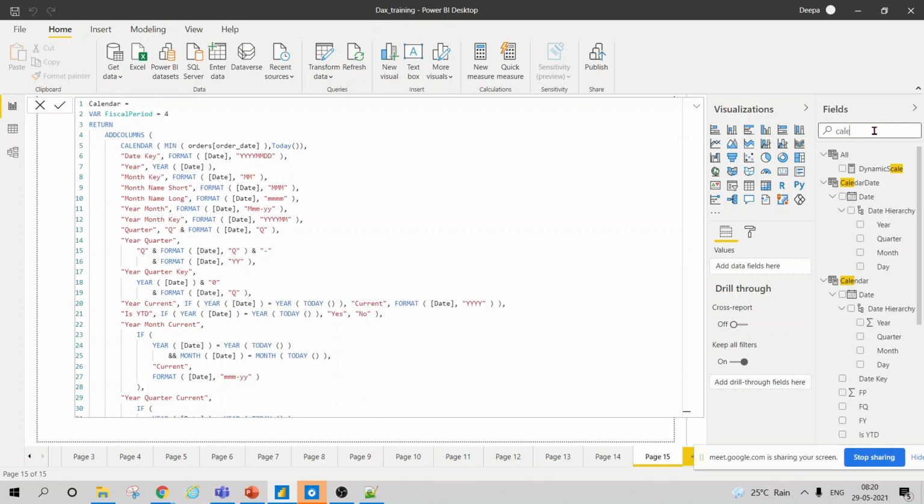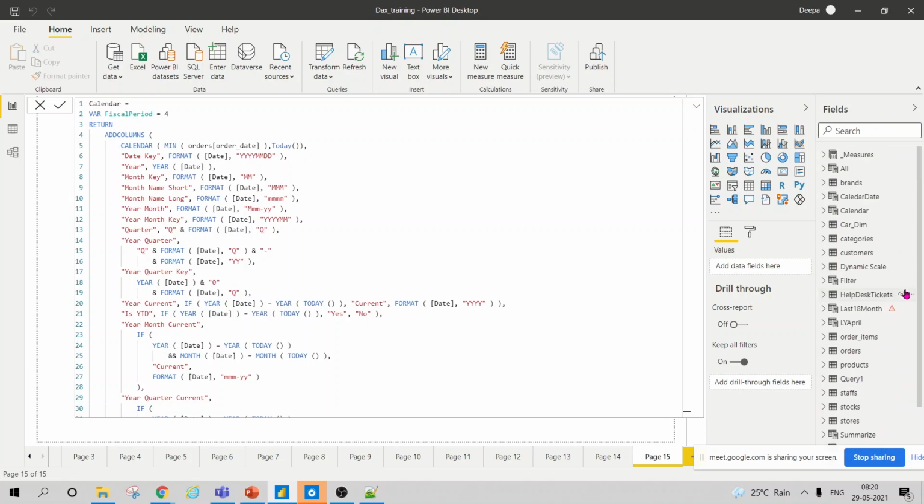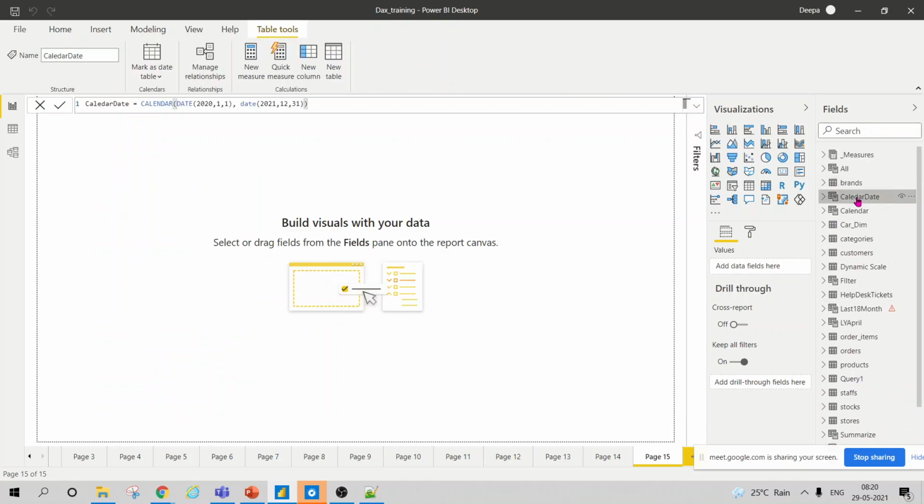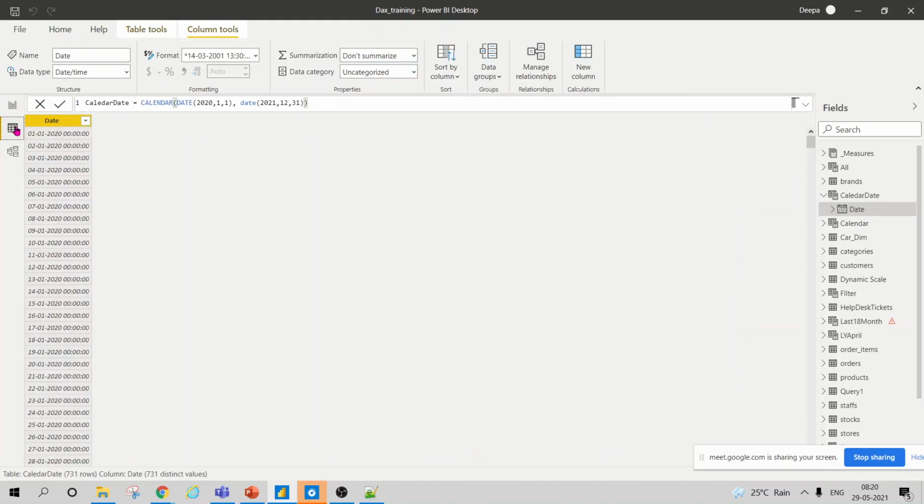So we just created the calendar date table. Where is that? Calendar date. Yeah, this one. Okay, so this is giving me this result. You can also create this table another way, because this is a manual approach, right? The second approach: if I am in 2022, then what would I need to do, because my report will not take those data, as the 2022 date is not in the date table. So again I have to go into the Power BI table and change the date, right?